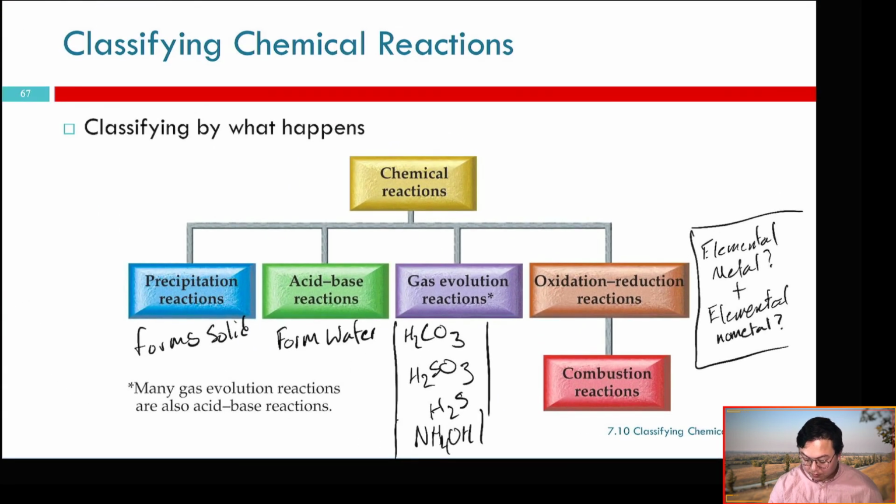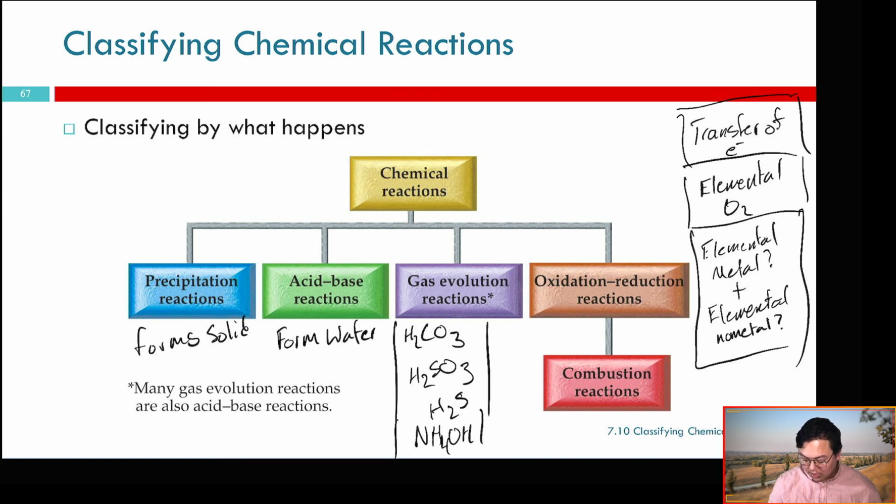Or is it combining with elemental oxygen? Or transfer of electrons? Right, so you can break these down into these simple rules. There's a lot of them, and I guess I should say too that there's going to be some sort of H plus OH minus for acid base,